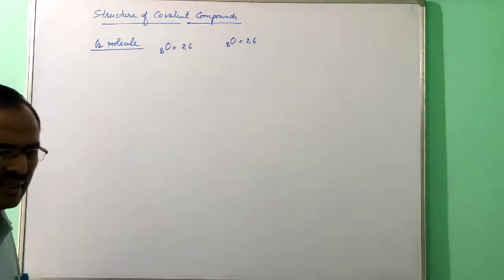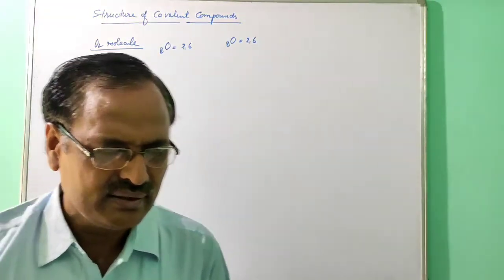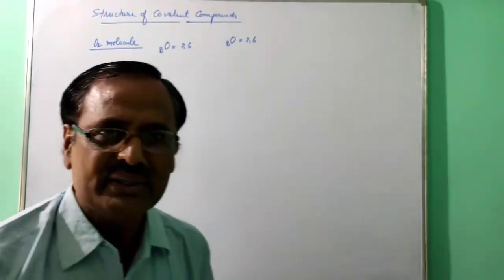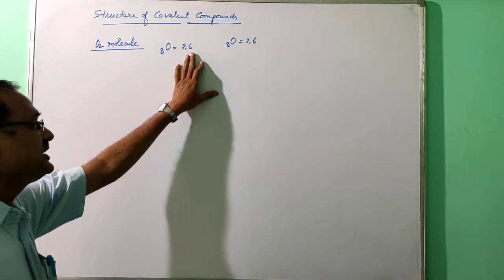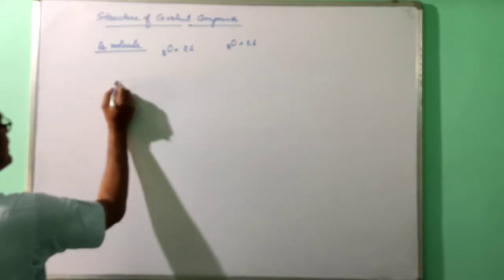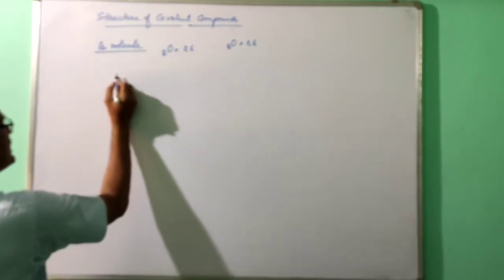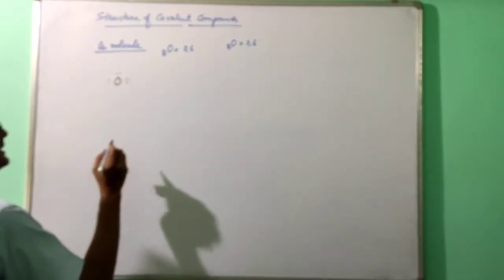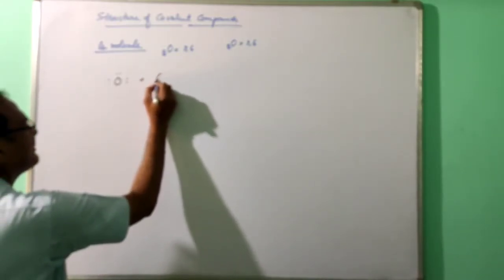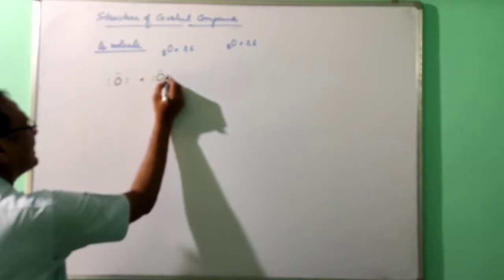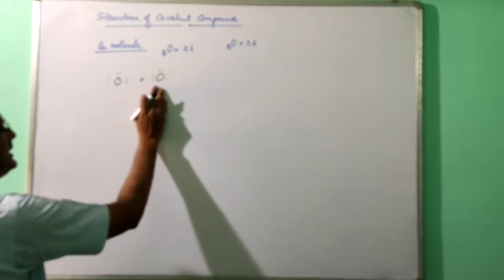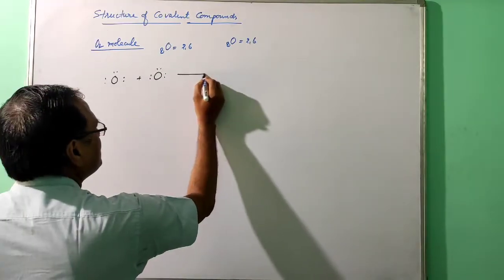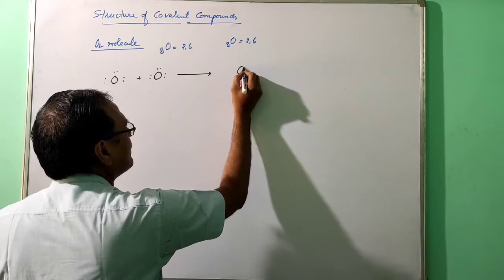So how many electrons are needed to complete the octet? In this one, 2 electrons are needed to complete the octet. So that's why oxygen will share 2 pairs of electrons. So you draw the electron dot diagram. This oxygen, 2 electrons this side, and then 6 electrons are there. Another oxygen atom, 2 electrons this side, and 4. These 2 electrons, on the right of this one and the left of this one, so these 2 pairs will be common.